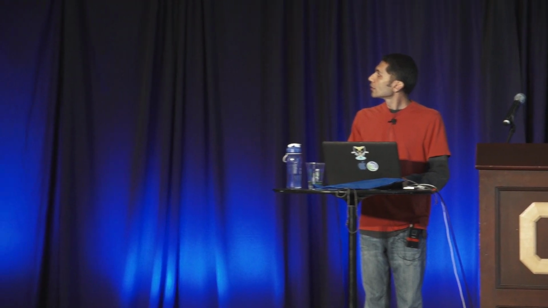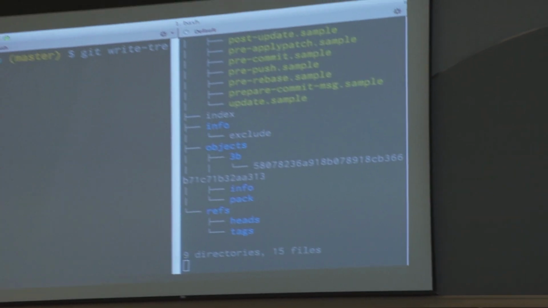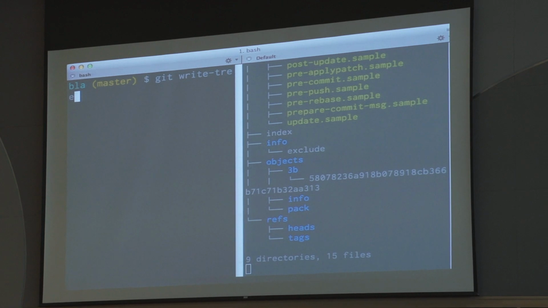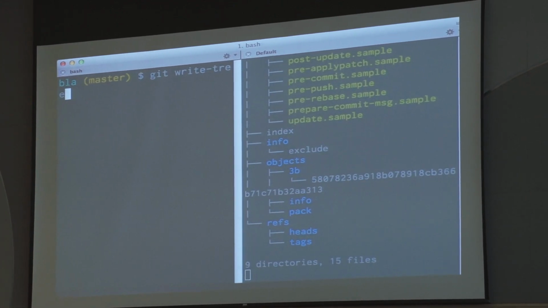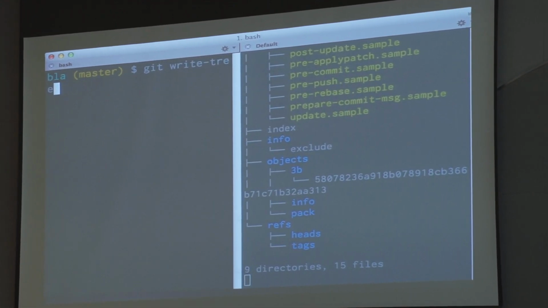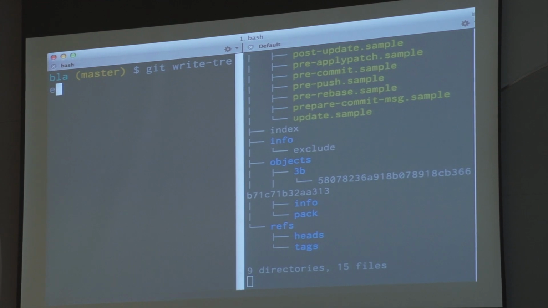So over here, I can say, hey, Git, write the current tree. What does the current tree look like? It's one file, right? You have the root directory and a README file underneath that.